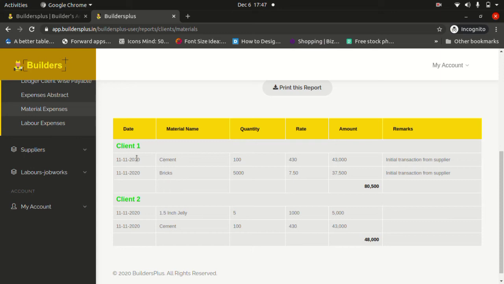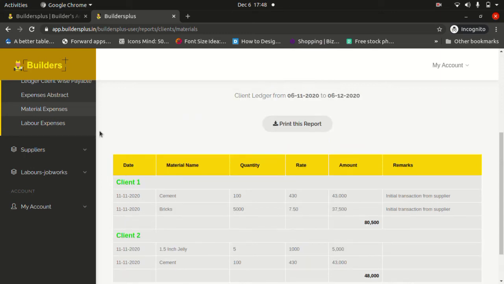On 11th you spent for cement 100 quantity, each at 430 rupees, totally 43,000. The remarks will come over here. For bricks, 5,000 quantity at 7 rupees 50 paise, 37,500 total amount. Likewise 1.5 inch jelly and cement.